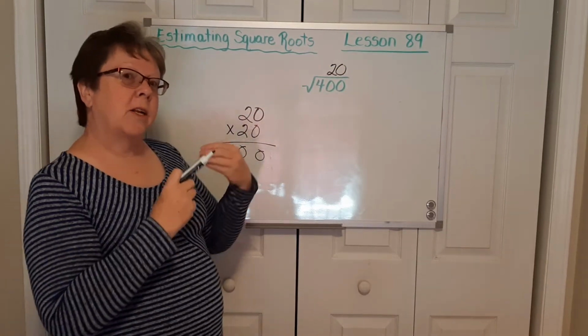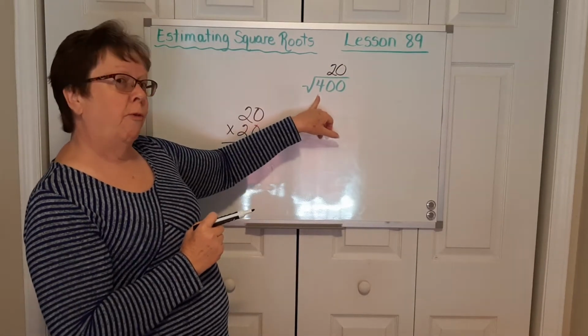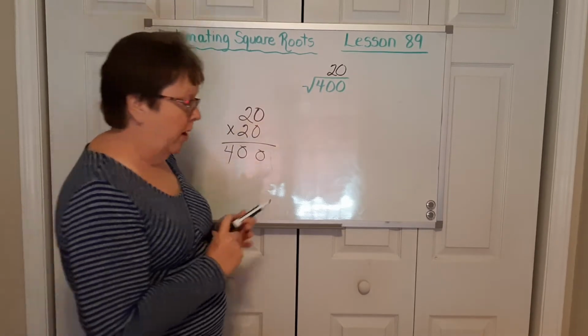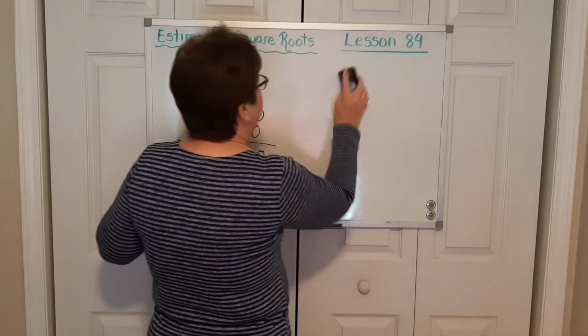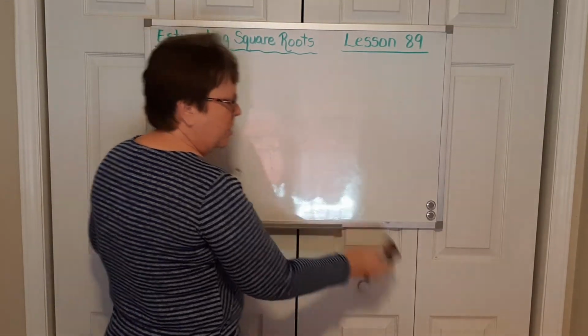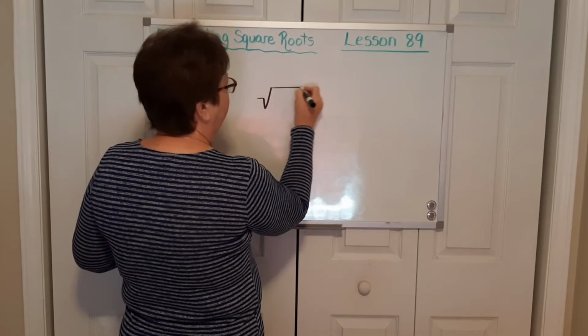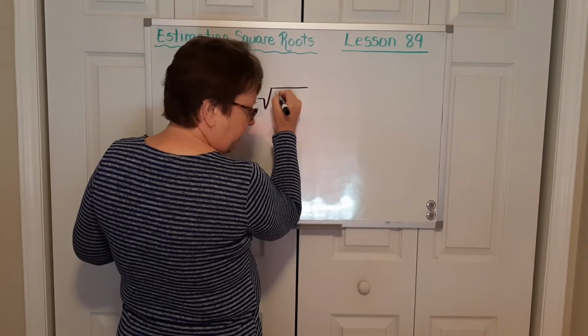What we did is we kind of simplified and found the square root of 4 first, and that helped us find the square root of 400. That's one example. And they're kind of easy, especially if they end in zeros. Let's do one a little more challenging. We're going to find the square root of